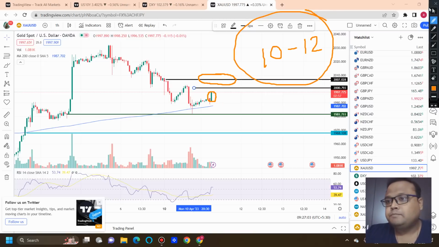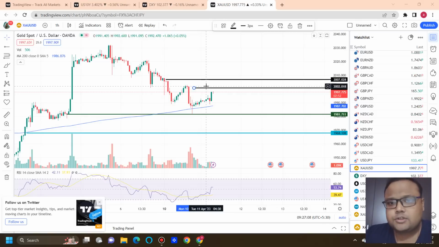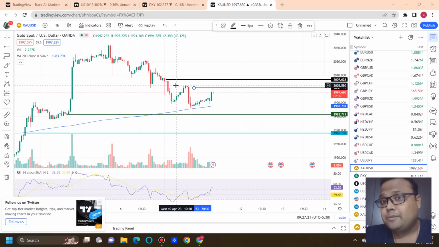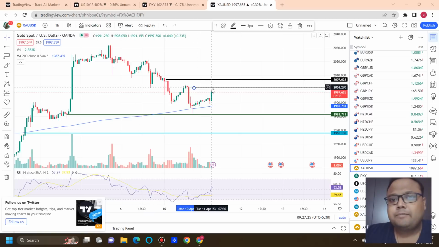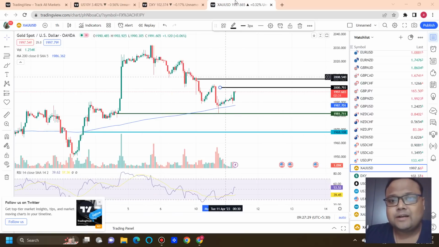So here also, observe the market around this 2001 level. If the market shows a reversal, go with a small loss. If you see that the market is going down, then you can continue with the sell position, or you can also add a few more sell positions. And in case the market breaks the level here, then observe the market at the 2007 area. This is your second resistance.